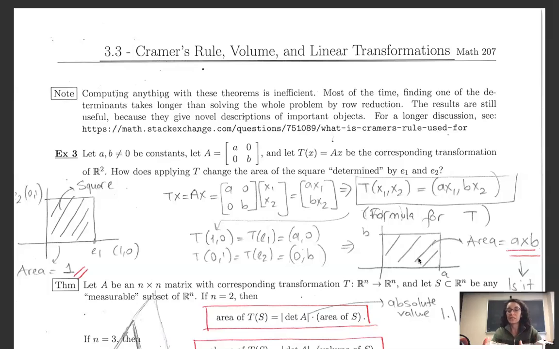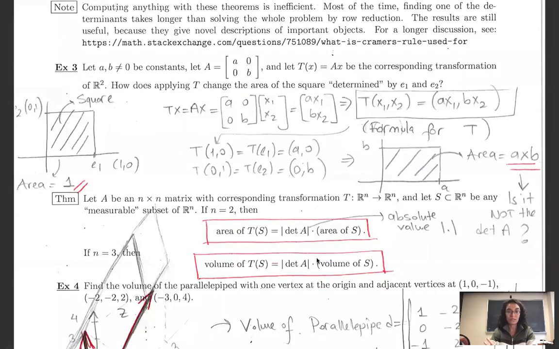But what about the areas? Is there any connection between the areas of the square and this rectangle? The original area of this square will be 1, and the area of the new region will be a times b. So is there any connection between these areas? While the first one was 1, now the second one is a times b. It's not that easy to see, but actually the answer is yes, because the connection between these areas will come